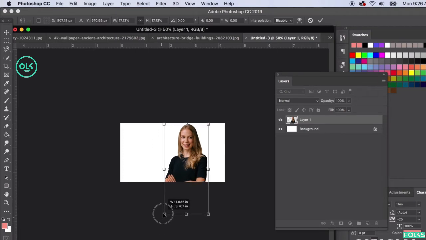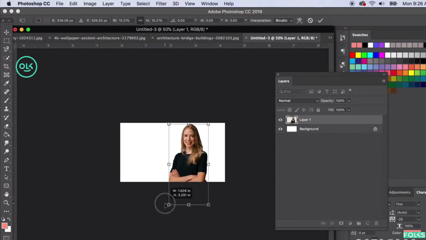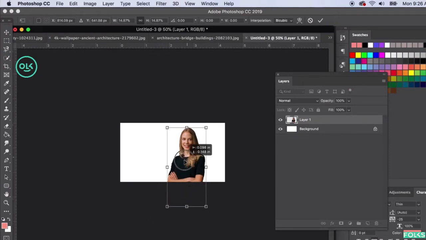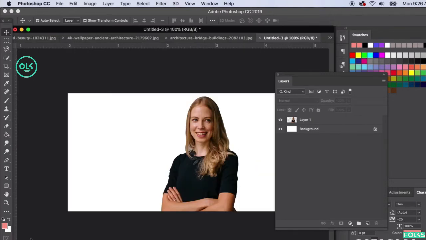And I want her hands to be shown crossing, because if you don't, it just looks a little strange, like she's floating around. But if you show her crossed arms, she looks like she's more in action. So we're going to choose right about here. You can always make her bigger a little bit later. So there she is. We're going to zoom back in,